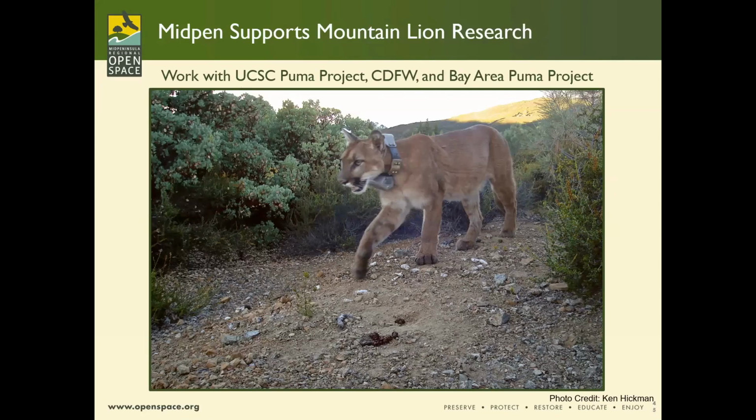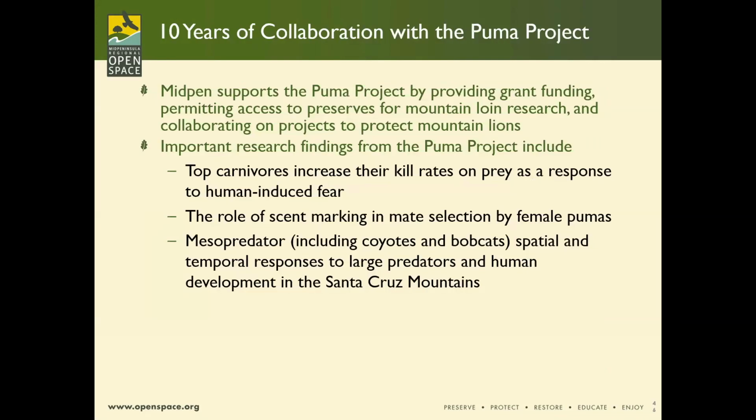So we've also worked quite a bit to support research in our region. And we've worked with organizations like the Puma Project, Cal Fish and Wildlife, and the Bay Area Puma Project, or Felidae, which has helped us to better understand lion behavior, ecology, movement, and population dynamics. Here we see a mountain lion with an accelerometer and GPS collar. We've worked with the Santa Cruz Puma Project for over 10 years and have supported them by providing grants, permitting access to preserves for lion research, and collaborating on projects to protect mountain lions like the Highway 17 Wildlife Crossing